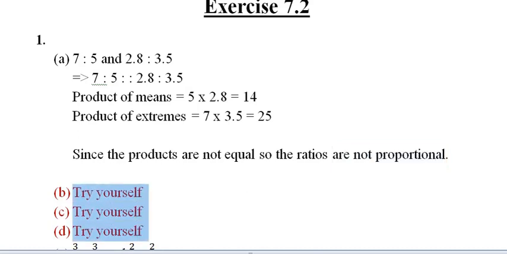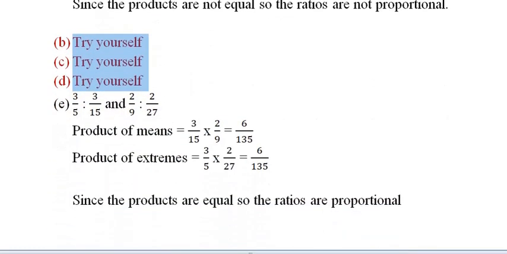It's very, very simple. I'm just showing you 1E because they are given in fractions. Let us see here. Very simple, no need to simplify anything. If you can simplify, it's better, but I haven't simplified. So 3 1s are 3, 3 3s are 9. 5 3s are 15. Sorry, 15 into 3 times will be 45. 2 1s are 2. You can do it like that. 3 1s are 3, 3 9s are 27, 9 5s are 45. So 2 by 45. You can do it like that also.